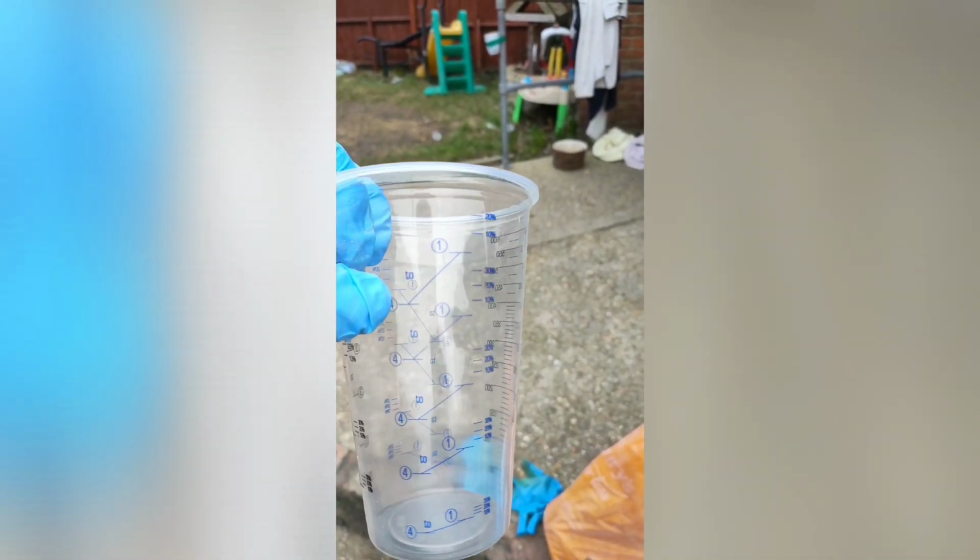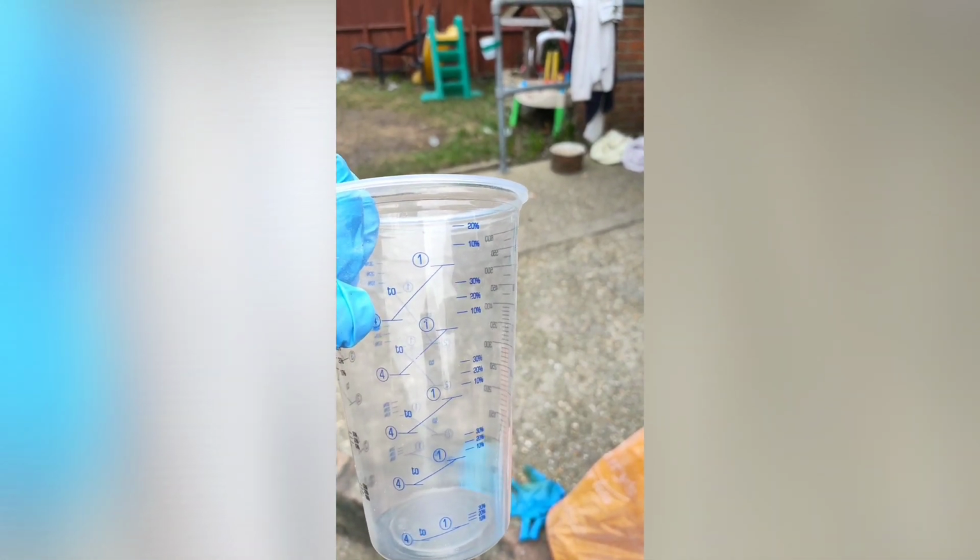So just to be clear, I'm going to fill up to there with the primer filler with the big tin, and then I'm going to add from there to that one of the small one. Yeah. Alright people, we have